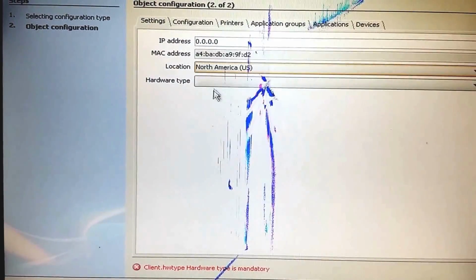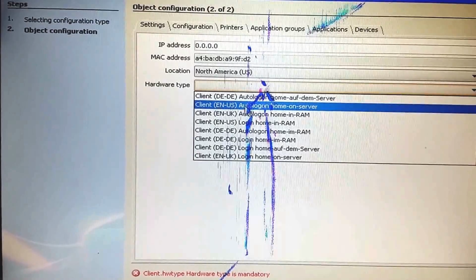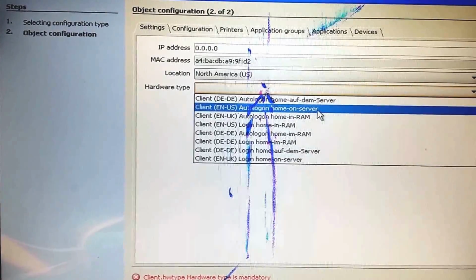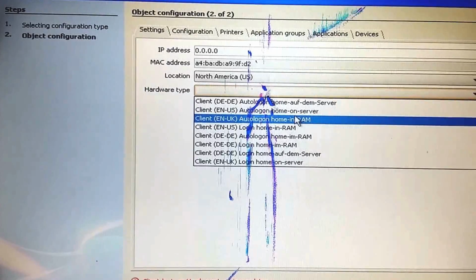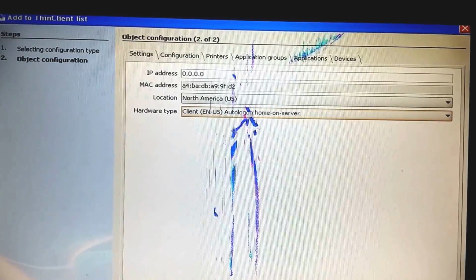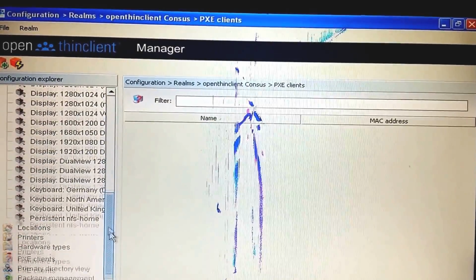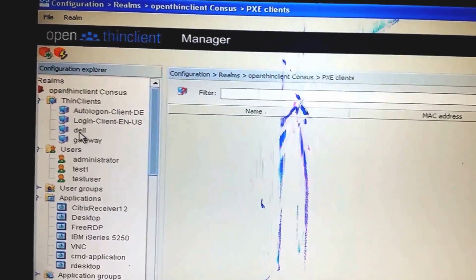Location US, hardware type. This time I'm going to use the auto log on home on server. Okay, I'm going to use that. You can use the in RAM if you want to, but I'm just going to use the on server. Let's see what happens to that one. And then we're going to click on finish. When you click on finish, it'll go back up, and now this computer will be able to boot from this